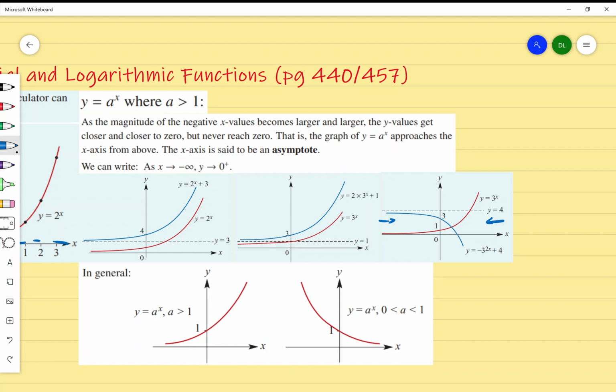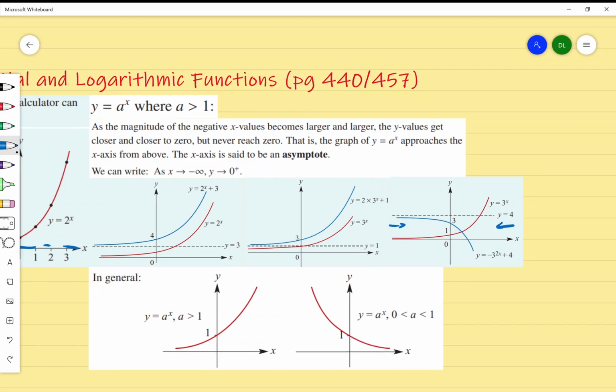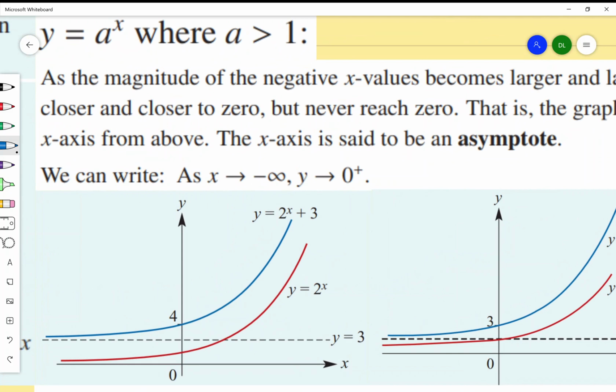Now, this is leading on to something we'll learn either towards the end of this semester or the start of next semester. The x-axis is said to be an asymptote, and we can write this as this one right here. As x approaches negative infinity, so if I'm looking at it as going this way,